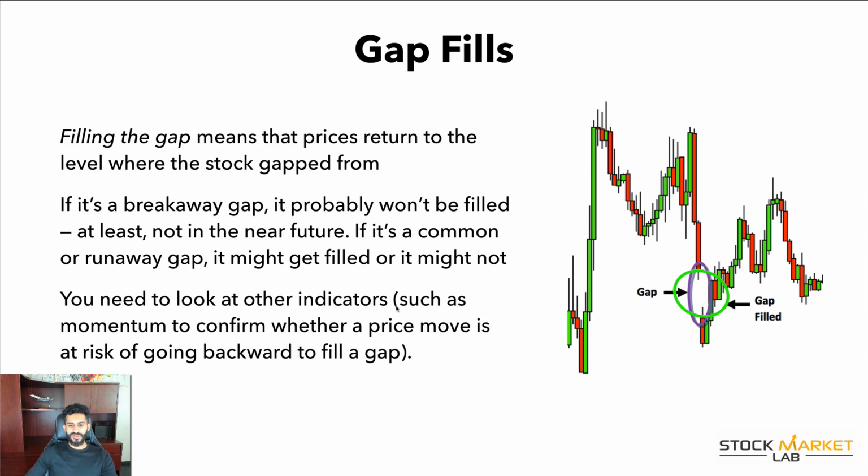You need to look at other indicators such as momentum to confirm whether a price move is at risk of going backward to fill a gap, right? So for example, let's say this stock gaps up because a company announces increased outlook on earnings, or they're growing and maybe partnering up with another firm, whatever the case is. And there's a lot of volume, the stock keeps going higher. There's a very low chance this is going to get filled, right? Depending on price action, depending on volume and all those things. So these things have to be looked at to understand will this get filled or will it not, especially for that current time period. Maybe in a year, maybe 2 years, it may get filled, but sometimes some gaps